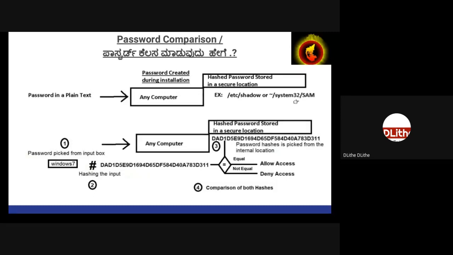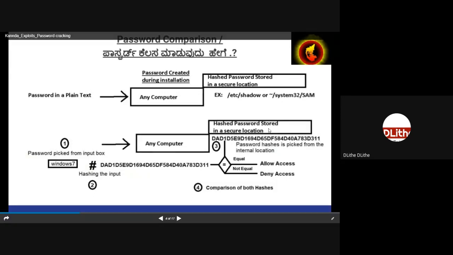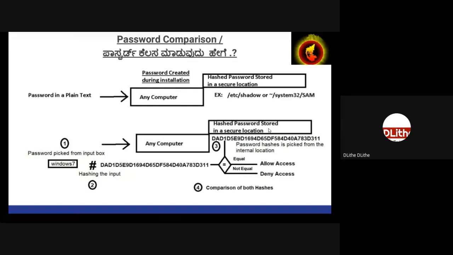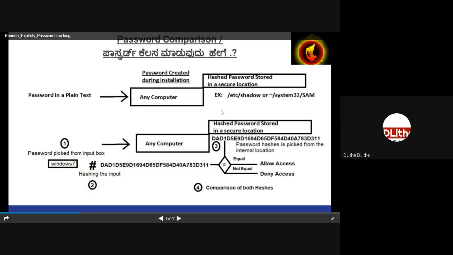During the login procedure, the moment you type the password, the text that you type would be converted to a hash. Irrespective of whatever you type, that data would be converted into a hash, and the newly generated hash will be compared with the existing hash. If and only if both the hashes match, only then will you be able to get access. Or else you do not get access. As simple as that.